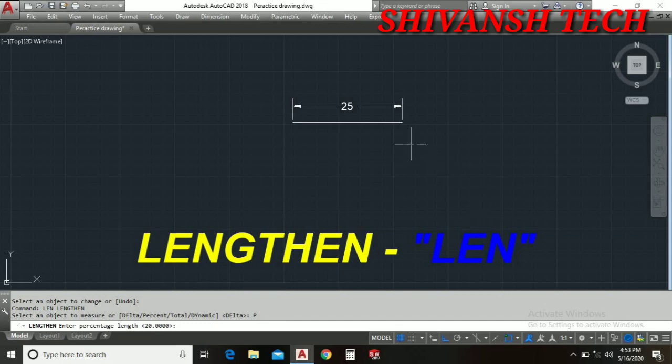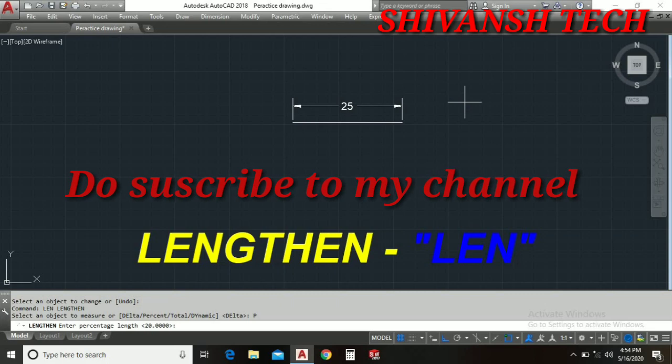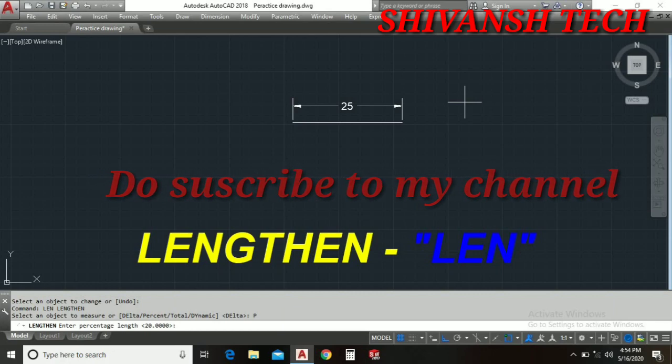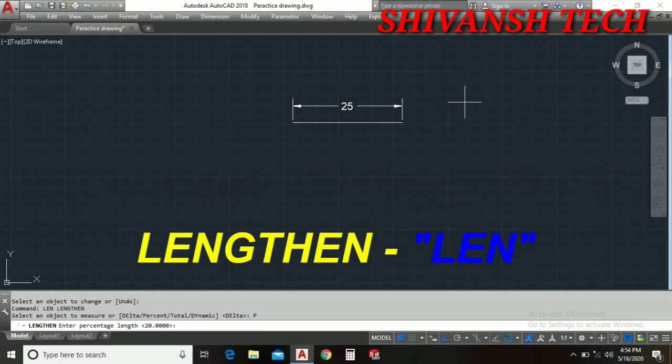Every object that we have is of 100%. If you want to increase or decrease, you have to enter the value you want for that object in percentage. Now it's 25 mm and you want to increase it by 50%, so the percentage you have to enter is 150. Or let's suppose you want to take half of this length. Now it's 25 and you want 12.5, so that percentage would be 50%. So I can enter 50% here because it's now 100%.